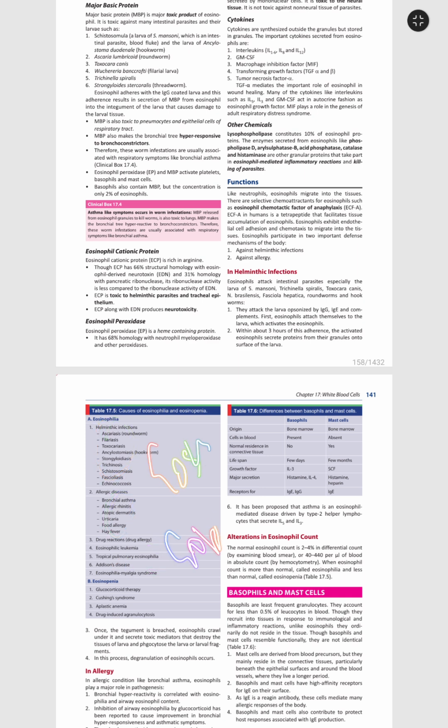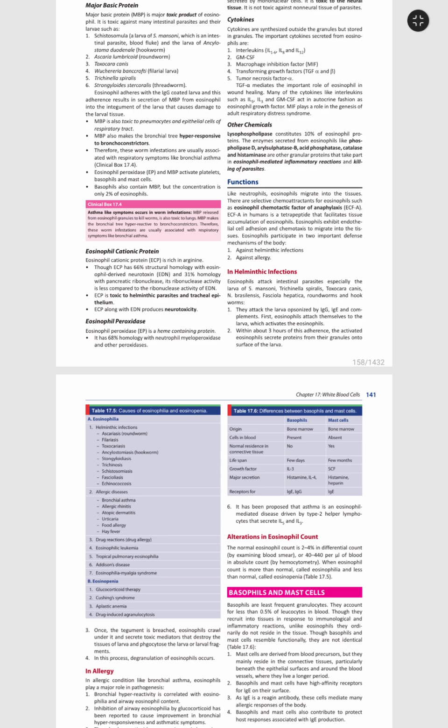Eosinophilia, eosinopenia. If someone asks you what the condition is when eosinophil increases and when eosinophil decreases: eosinophilia, eosinopenia. Eosinophilia occurs in